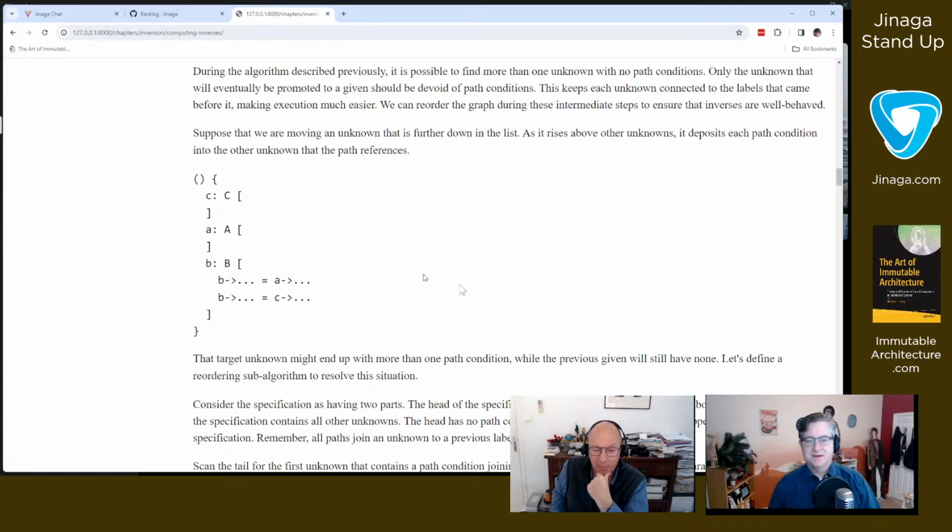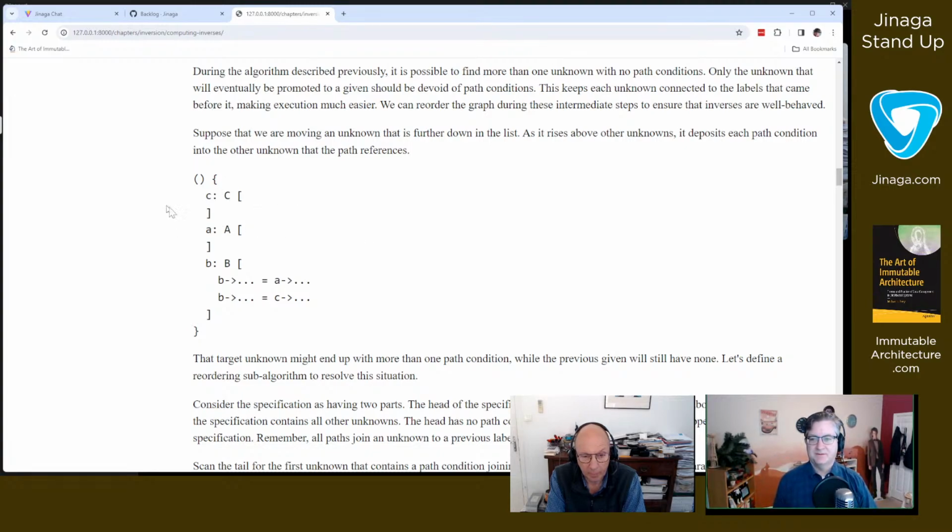So I updated the proof to focus not on the unknowns that have two paths, but instead focus on the unknowns that have no paths. And see what you have to do in order to get this one related to everything that came before. So I kind of broke it down into a head and a tail.